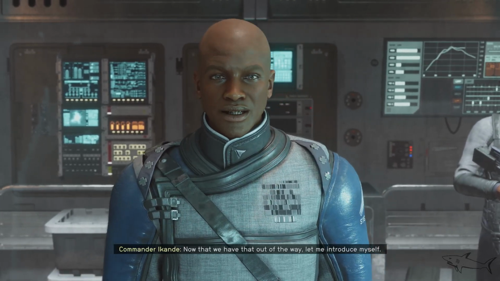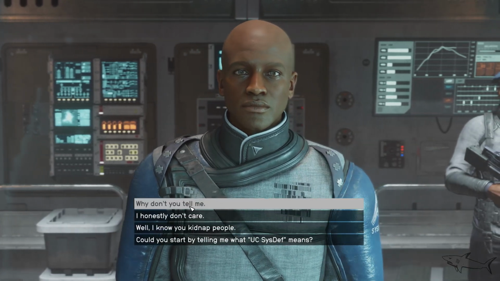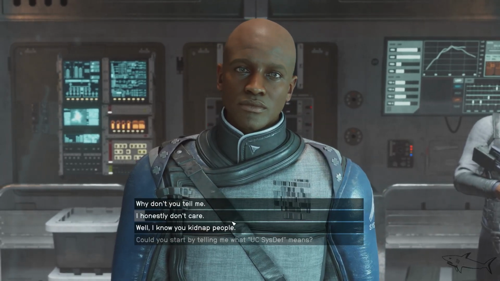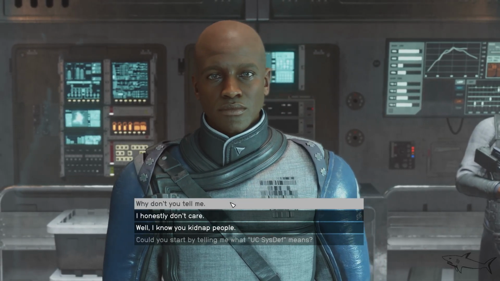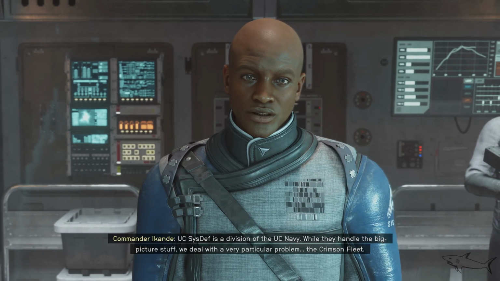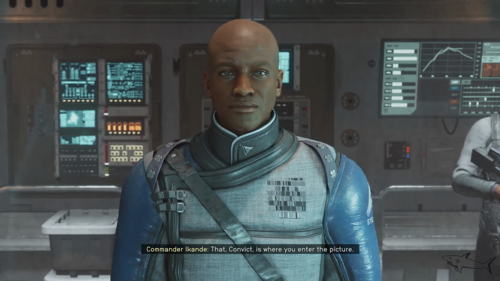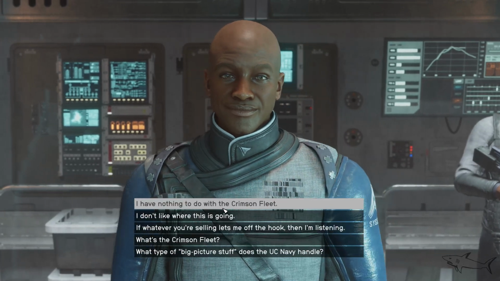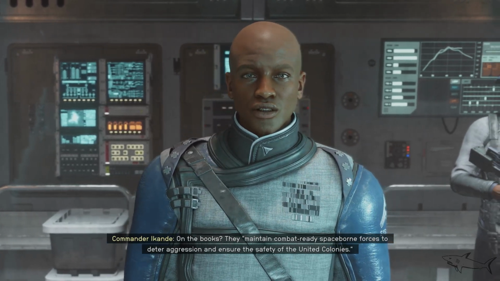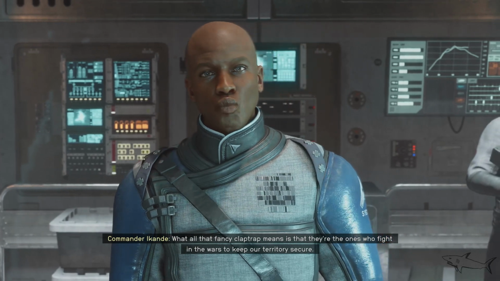Now that we have that out of the way, let me introduce myself. My name is Commander Ikande, and I'm in charge of this United Colonies System Defense. UC SysDef is a division of the UC Navy. While they handle the big picture stuff, we deal with a very particular problem. The Crimson Fleet. That convict is where you enter the picture. On the books, they maintain combat-ready spaceborne forces to deter aggression and ensure the safety of the United Colonies. What all that fancy claptrap means is that they're the ones who fight in the wars to keep...